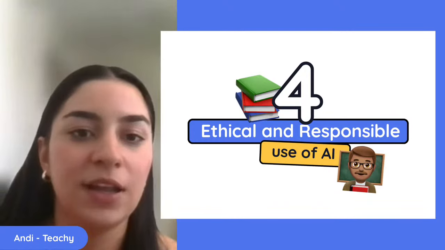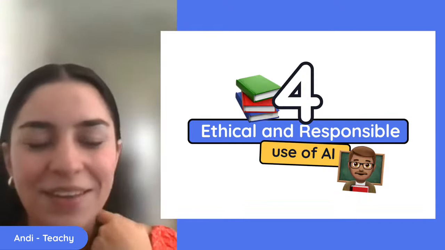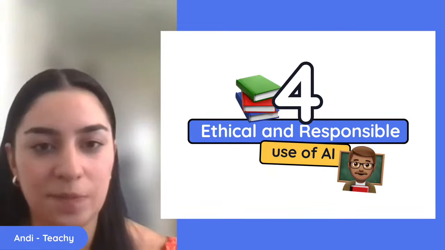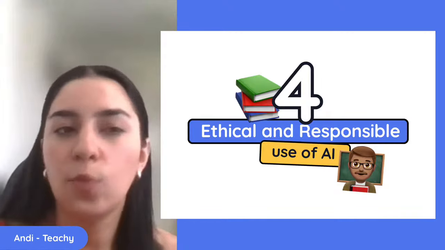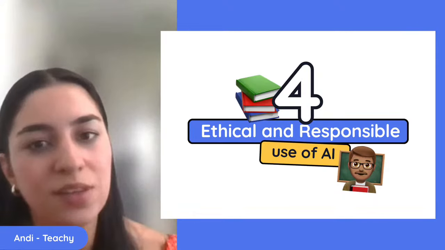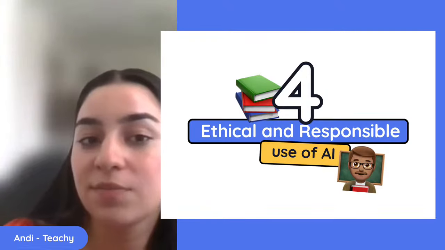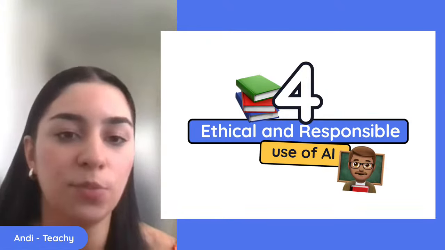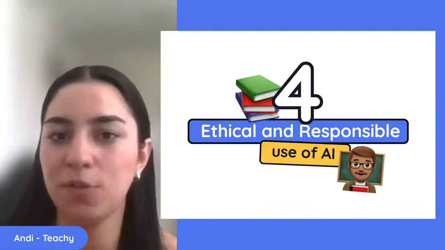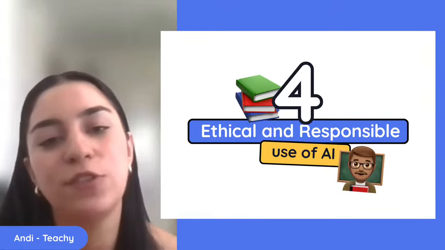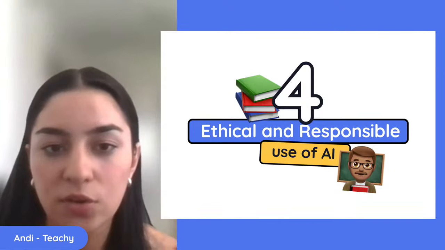But again, here our role is not to become the policy officers of AI. Our role here is to educate. We need to teach students when to use AI, when not to use AI, how to cite AI, how to say that you used it, how to adapt AI, and how to review AI outputs. We also need to talk about bias, about mistakes, about limits of technology, because ethical AI use is part of